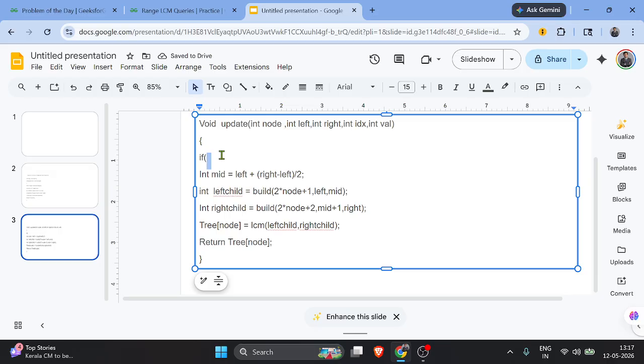Okay, so what is this? That is idx, idx equal to, what? Idx equal to